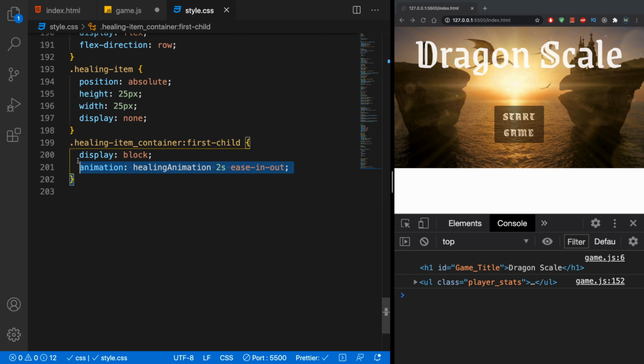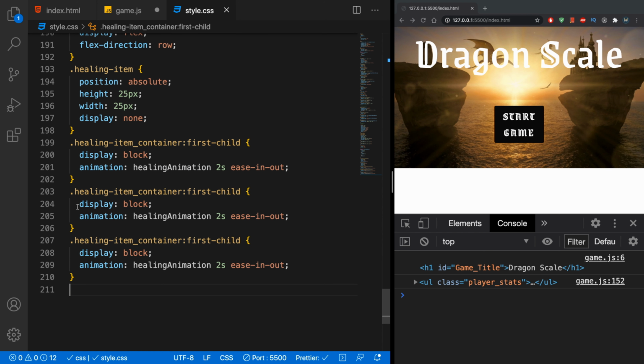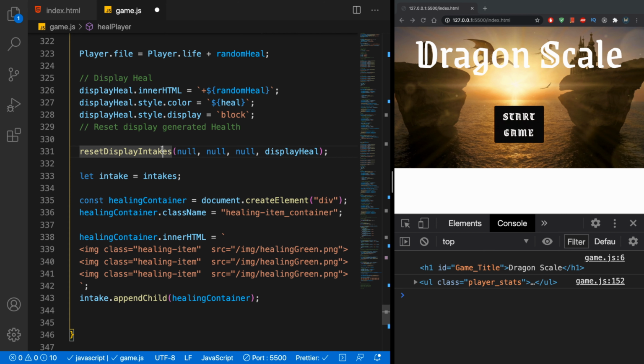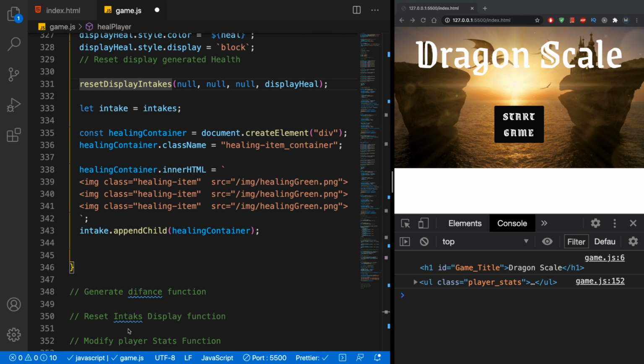Okay, now I'm going to copy this healing animation 2 more times. I'm going to replace the second one with nth child, and this will be in parentheses number 2, and we're just going to increase this speed to 3 seconds. And the last one will be last child, and its animation is going to take 4 seconds. Now that's basically it for the styling. So we can actually close up our CSS, go back into JavaScript, and let's continue on